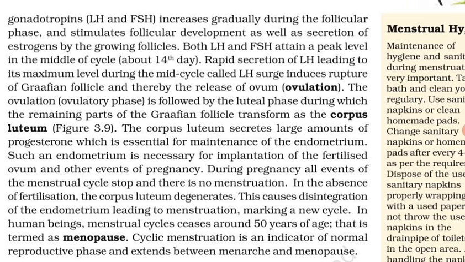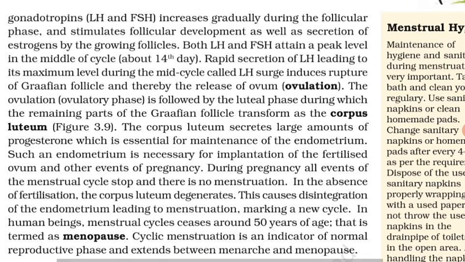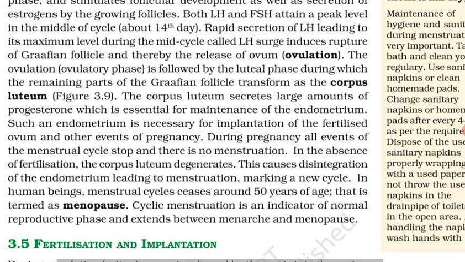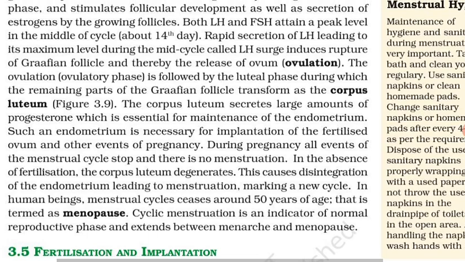So the next is fertilization and implantation. क्या पढ़ रहे हैं next? Fertilization and implantation, ठीक है? So let's start. During copulation, that is coitus, semen is released by the penis into the vagina. That is insemination. क्या कहते हैं जिसे? Insemination, ठीक है? The motile sperm swims rapidly, pass through the cervix, enters into the uterus and finally reach the